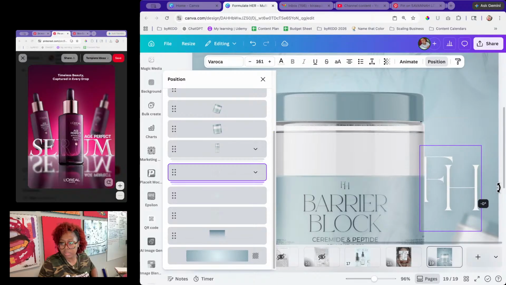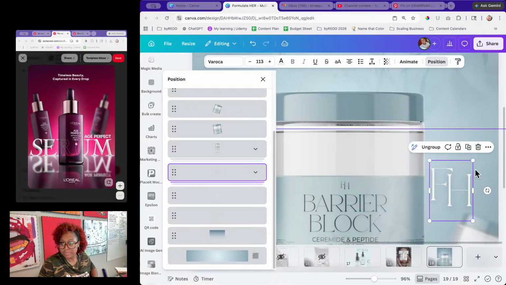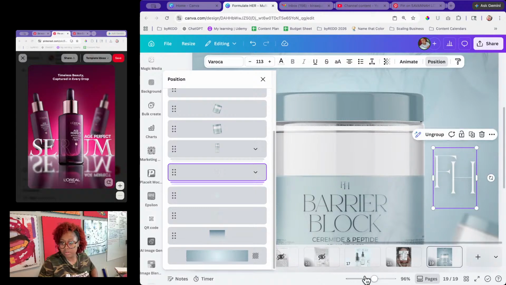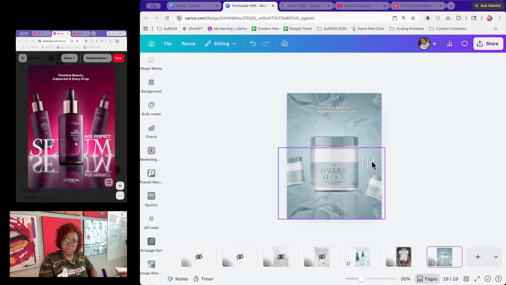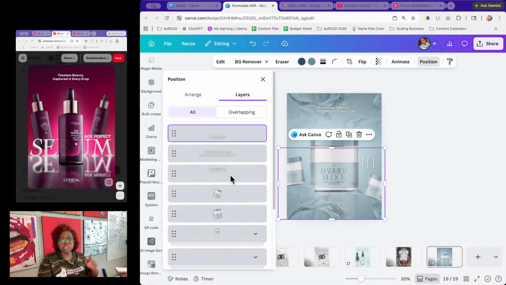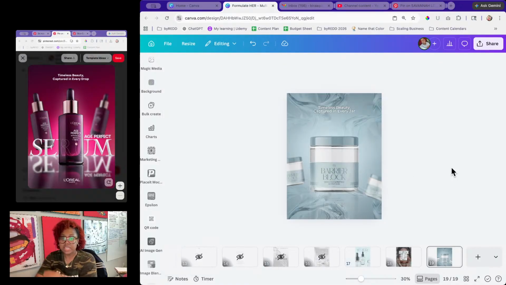Okay, it's not going to work like that. Okay, let's make this just a bit smaller. Okay, I actually don't like the logo being on there. But this